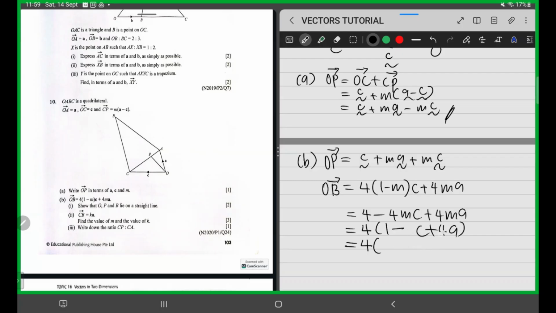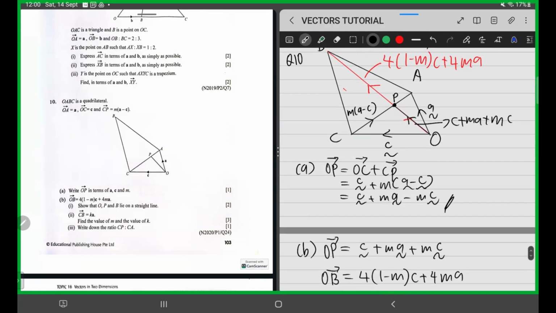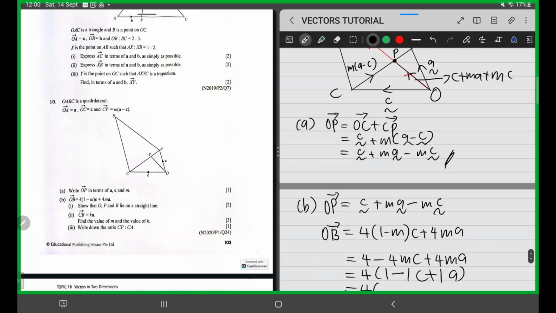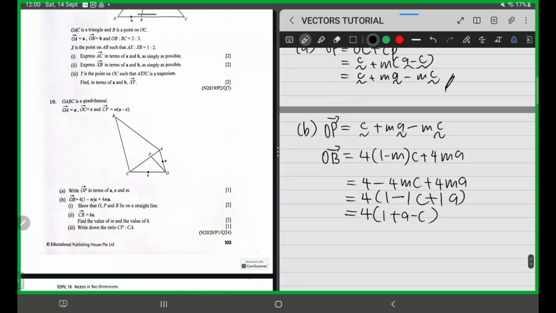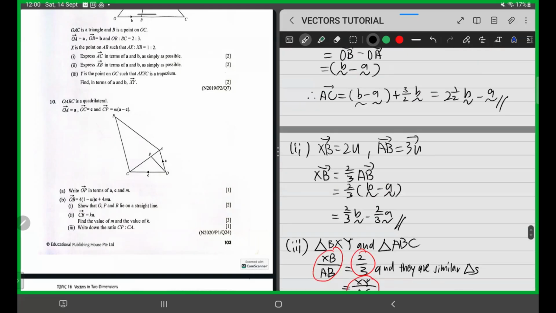You factorize out the 4. So here should be 1, 1. Yes. So therefore, you will get, this should be minus. Okay, now makes sense. So now you get A. No, you get A, 1 plus A minus C. Okay, makes sense. Like that. 1 plus A minus C. Which then equals to